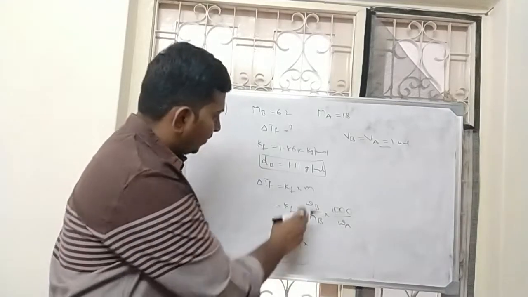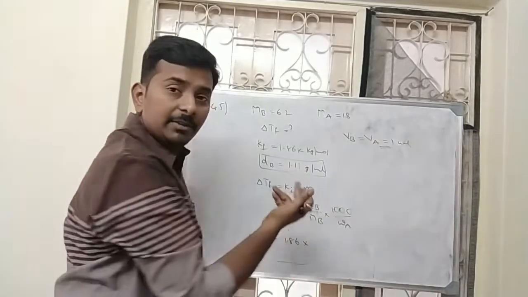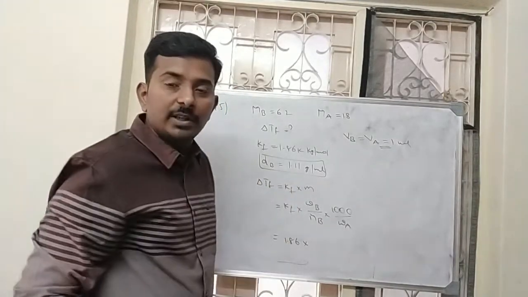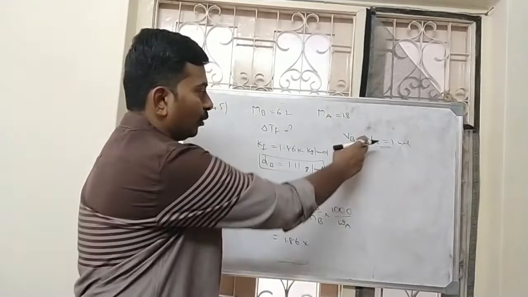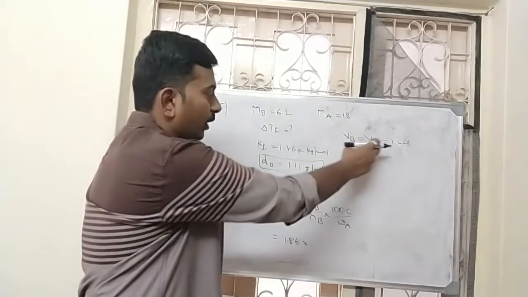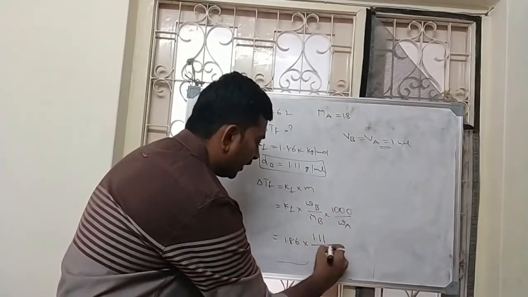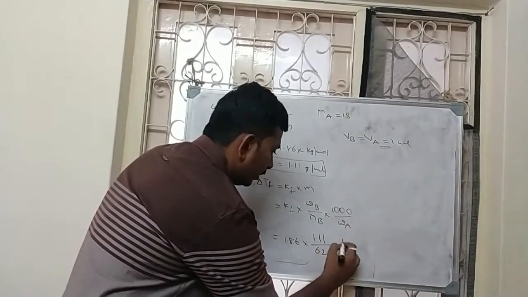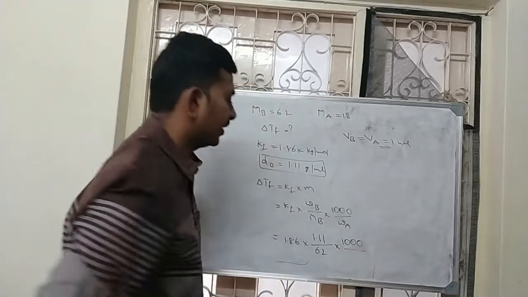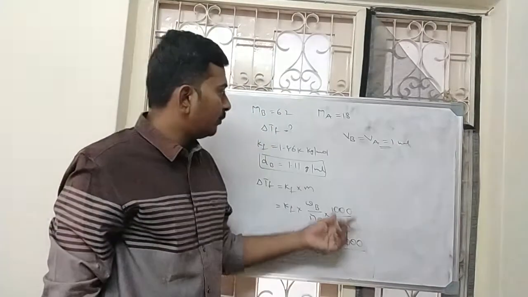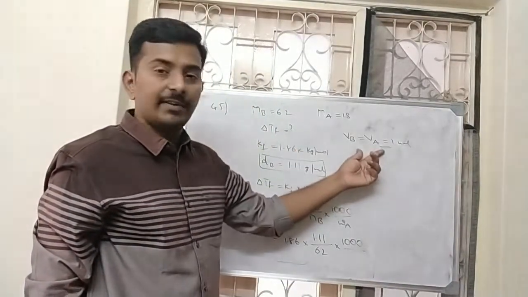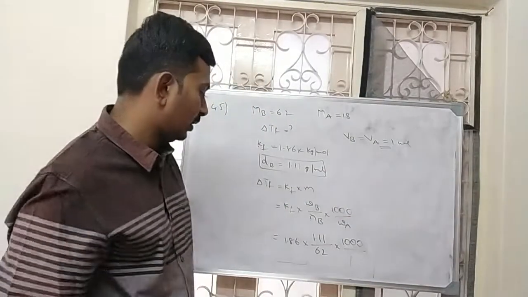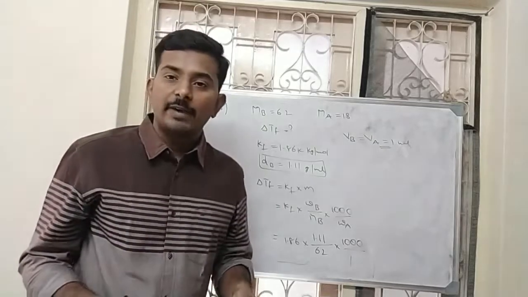Now, as we know the volume and we know the density, we can calculate the mass. So what will be the mass? Density is mass by volume, so mass will be equal to volume into density. So 1.11 into 1 will be 1.11, by molar mass of the solute, 62, into 1000 by mass of solvent. In the same way, solvent mass is not given, instead volume is given. We know density of water is 1, so the mass of solvent will be 1. If you simplify this, you will get the value of delta TF.